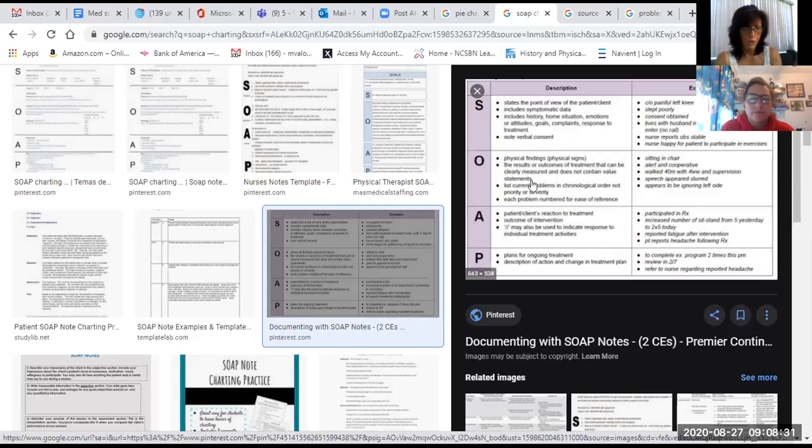And then objective is your physical findings, vital signs, results of a lab, maybe, if that's relevant, results of a chest x-ray, some sort of diagnostic. And then when you assess the patient, what did you find, right? So let's say that it's subjective: I slept horribly last night. Okay. Objectively, you're going to look at me and try to figure out what the problem is, right? What is the plan when you assess me? Did you assess and find out maybe that my pain is a 9 out of 10 and that's why I couldn't sleep,